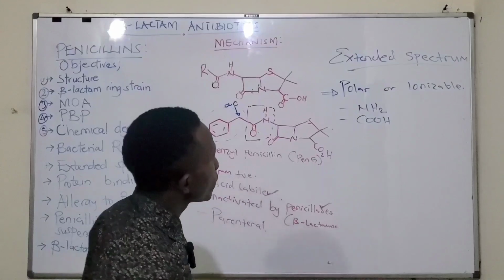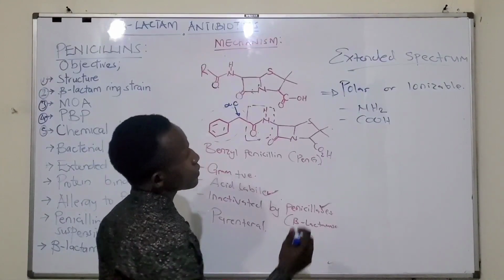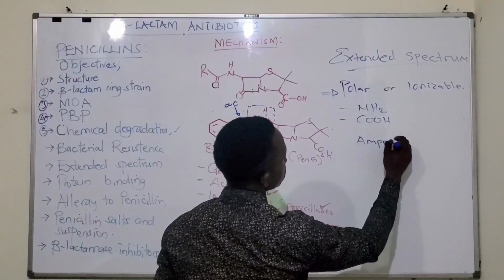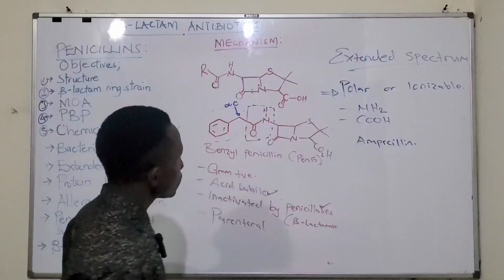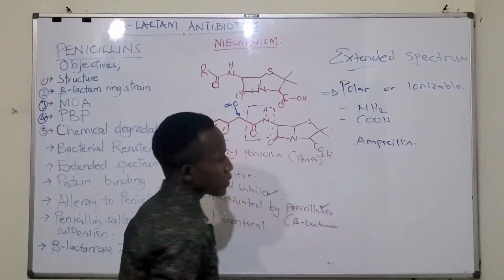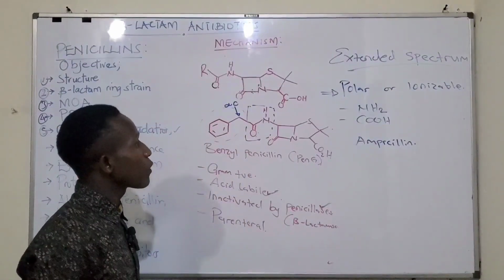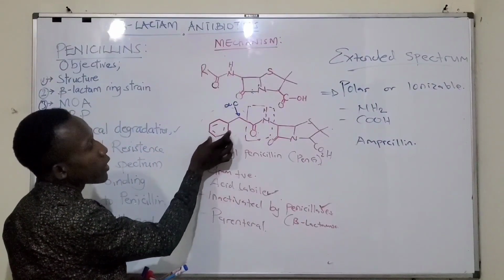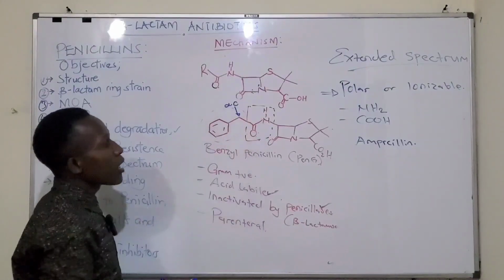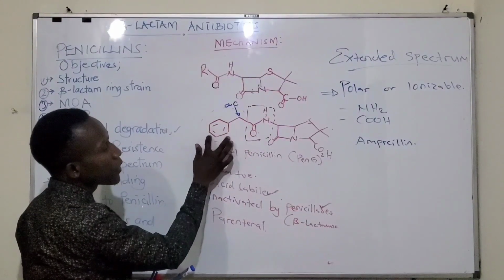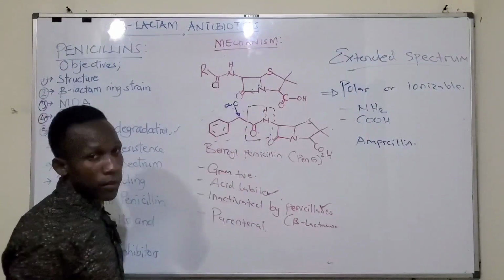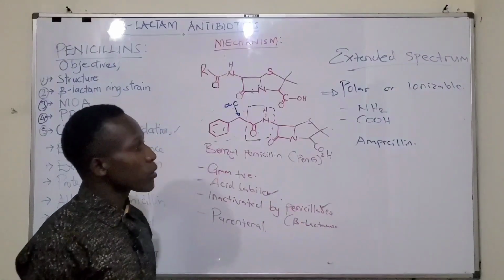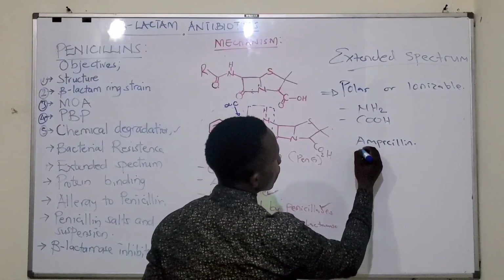So for example, ampicillin is targeting both gram-positives and gram-negatives, because we are leaving the hydrophobic or lipophilic part, but we are adding the hydrophilic part, meaning that these penicillins will act on both gram-positives